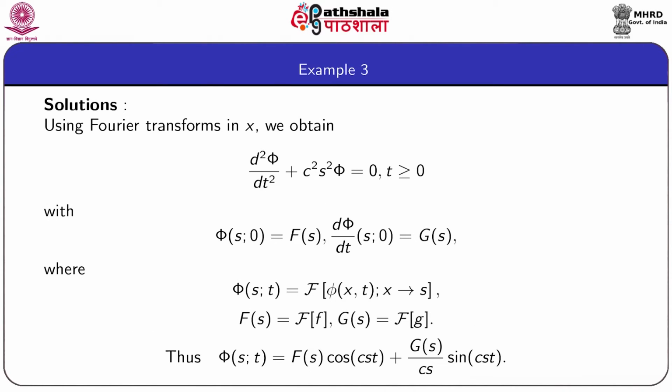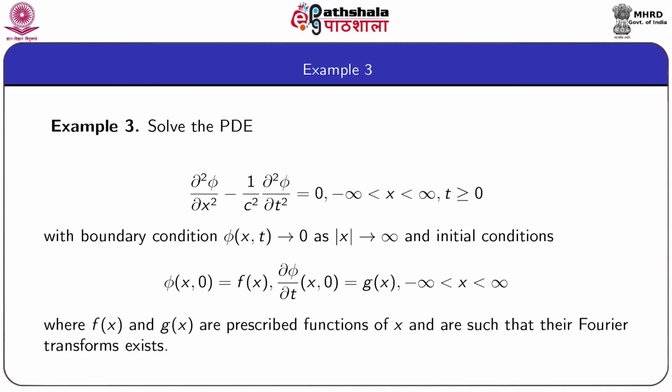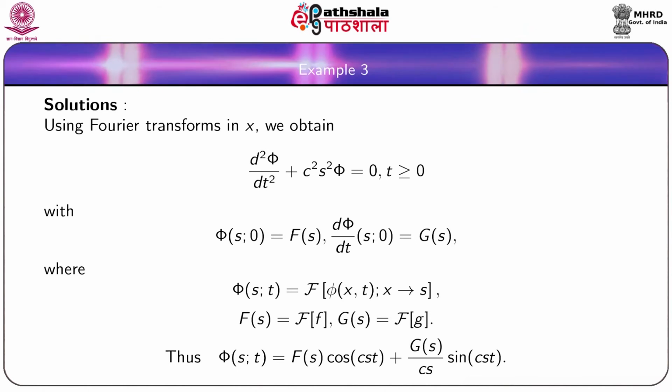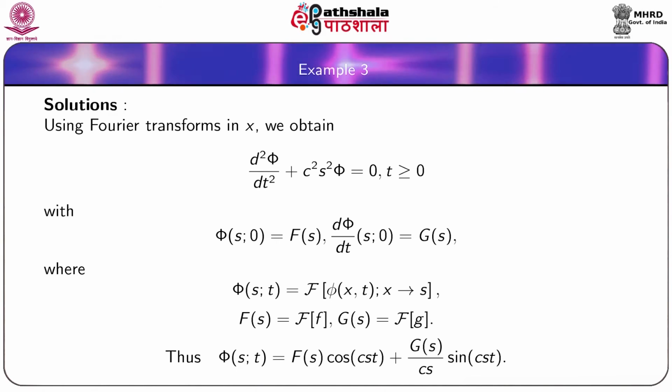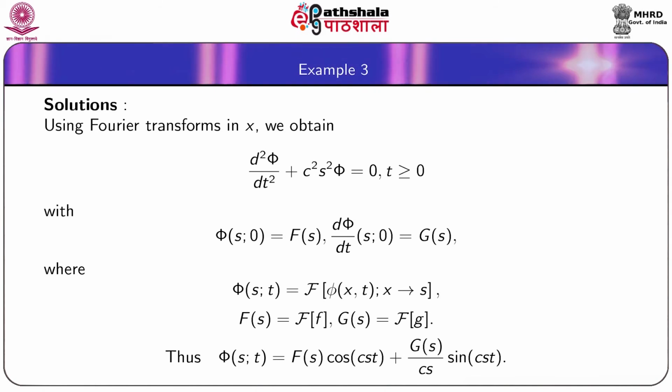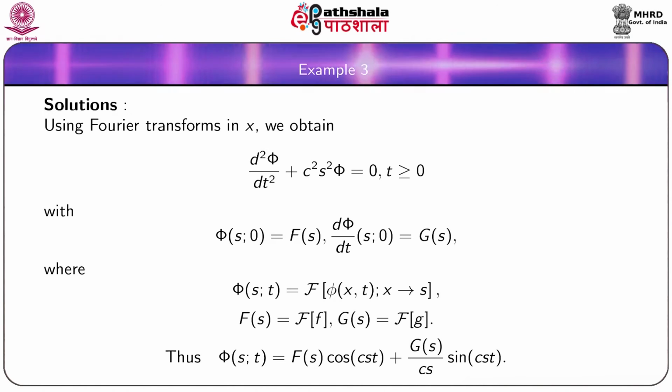As before, we multiply the given partial differential equation on both sides by 1 by root over 2 pi e to the power i s x and integrate with respect to x from minus infinity to plus infinity to reduce this partial differential equation into an ordinary differential equation in capital phi, that is d2 capital phi dt2 minus c square s square capital phi equal to 0, t greater than or equal to 0, where capital phi(s,t) is the Fourier transform of small phi(x,t),